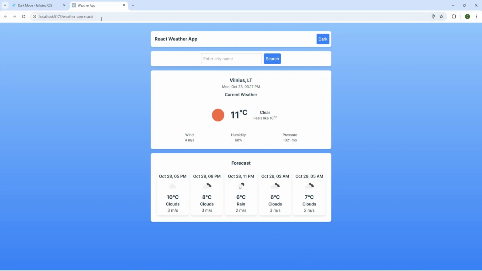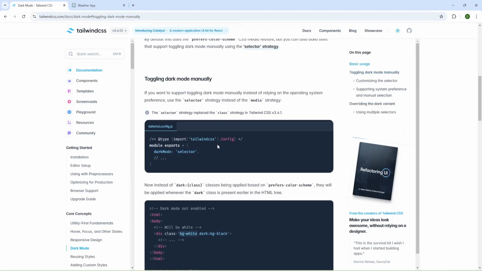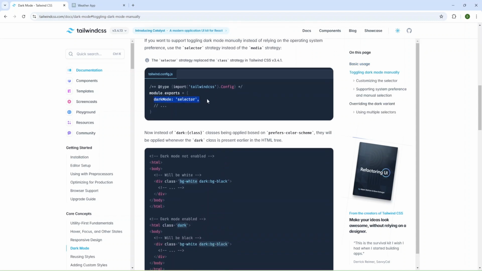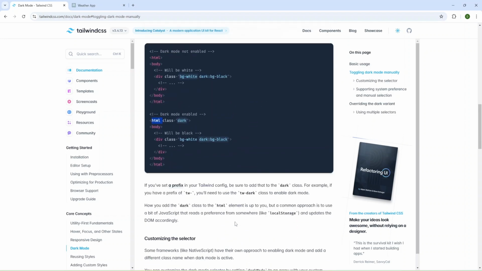For that, you can check this doc, and basically we added the dark mode selector, and now we need to add this dark class into the HTML as they provided in the doc, and also we need to use JavaScript to change the selector, and let's implement this.